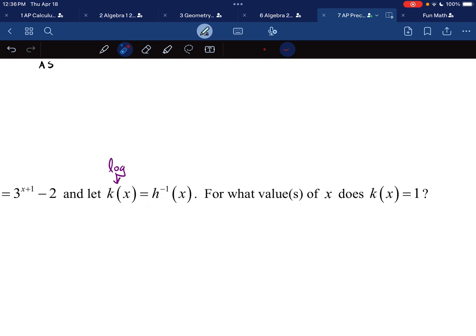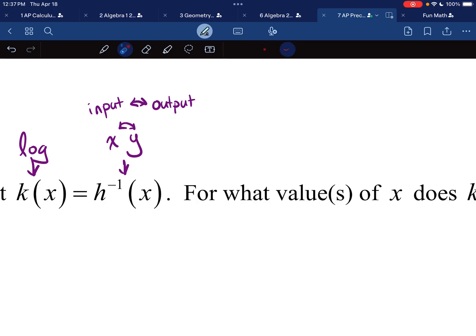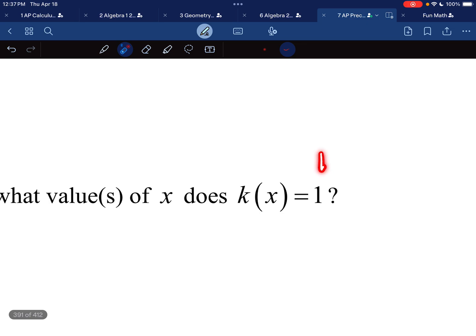An inverse function means you switch the x's and the y's. So the definition here is we have our x's and our y's, and these switch with each other. That's the definition of an inverse, which means what used to be the input will switch to becoming the output, and similarly, the output will become the input. Again, that's kind of redundant to say, but watch this. This is the output, I'll be very explicit right here. This is the output